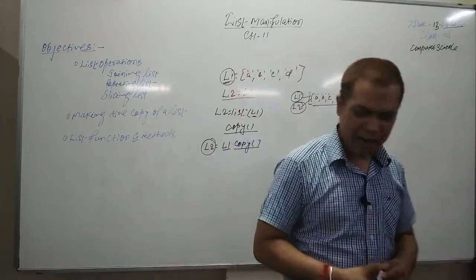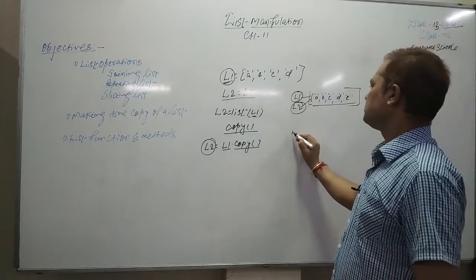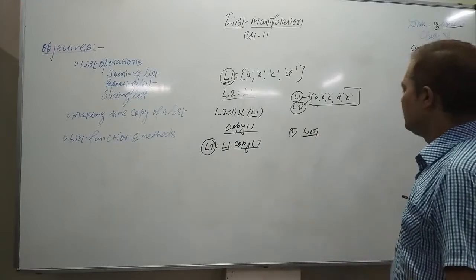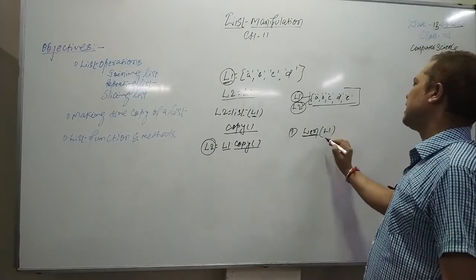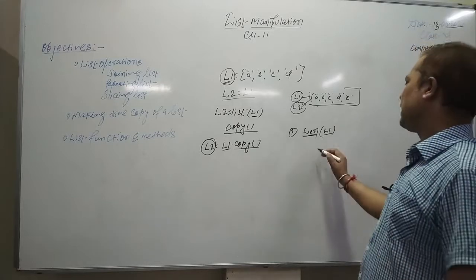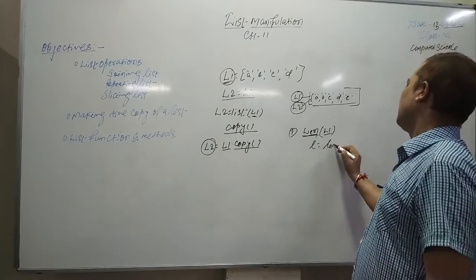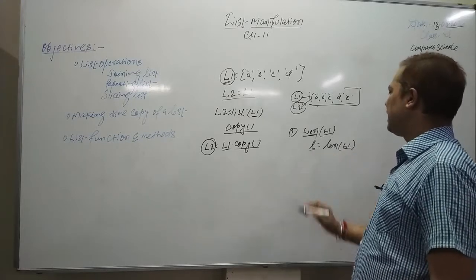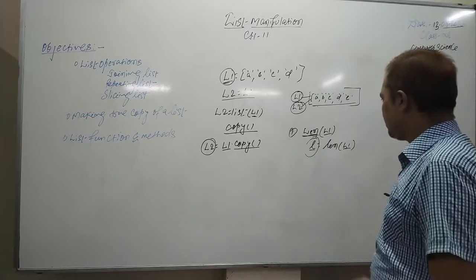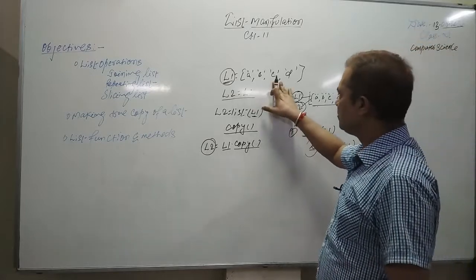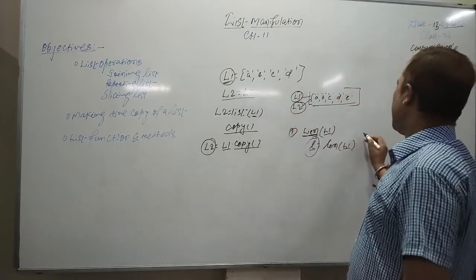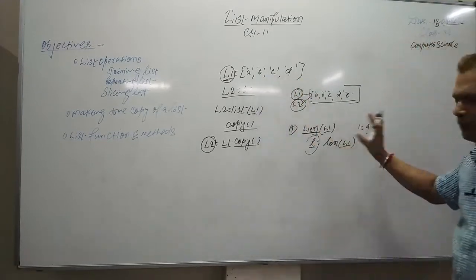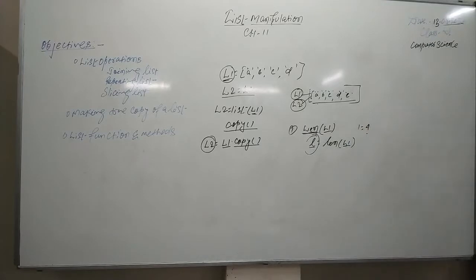First and foremost, the method is len. As you all know, len finds out the length of a string. So simply you can say len and the list whose length you want to find out. If I say L equal to len of L1, it will give me the length of L1 and store it in L. So L will carry the number of elements. For example, if L1 has the elements A, B, C, D, it will give you L as 4, because these are 4 elements: A, B, C, D. This is len, the first function of the list.